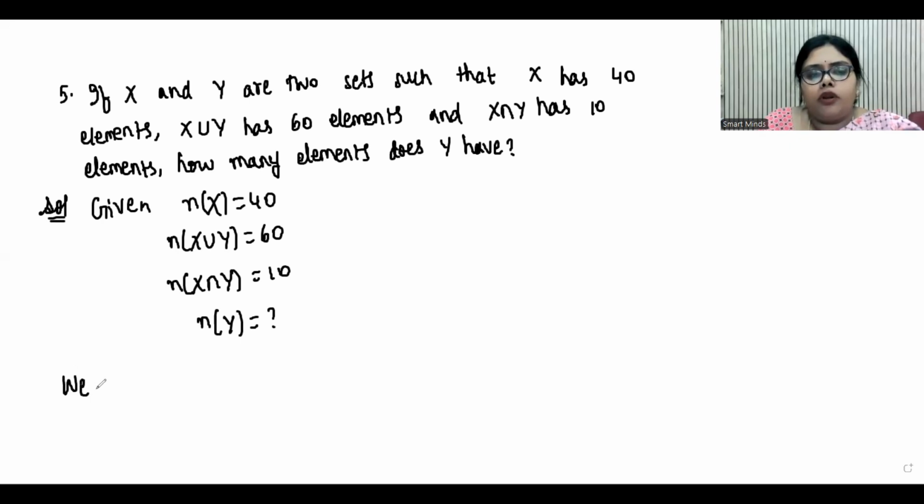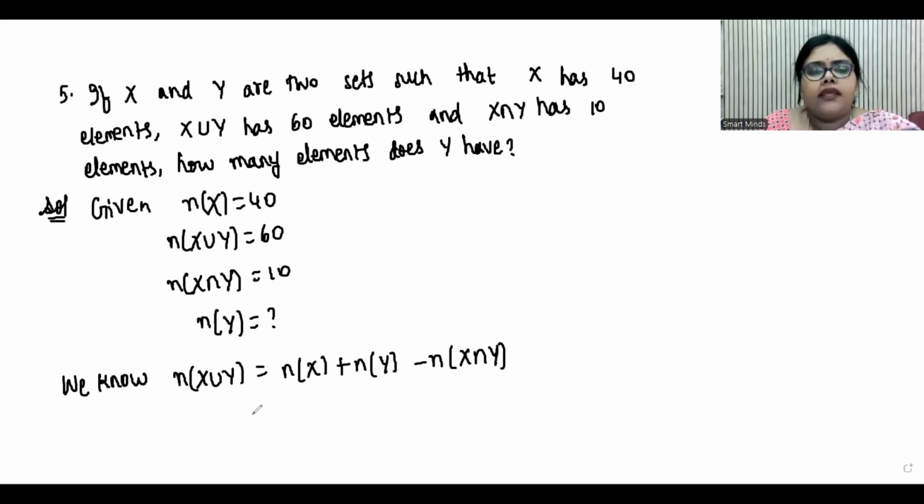Now we have a formula. We know one identity. What is that identity? n(X ∪ Y) = n(X) + n(Y) − n(X ∩ Y). Let us substitute the values. n(X ∪ Y) is 60, n(X) is 40 plus n(Y) minus n(X ∩ Y) is 10. So now if you want to find out n(Y), 60 is equal to 30